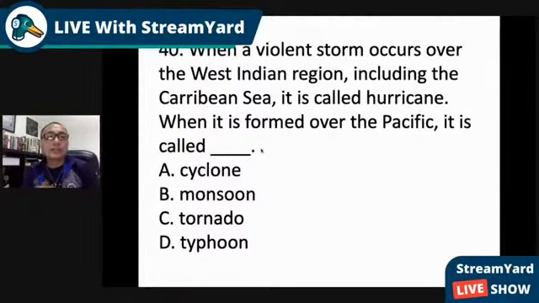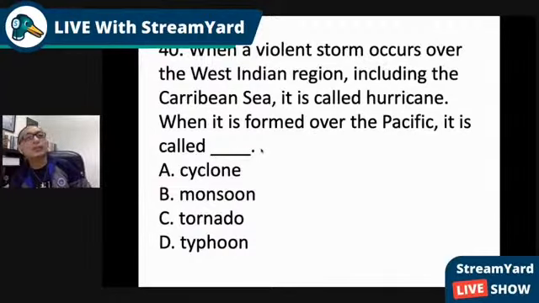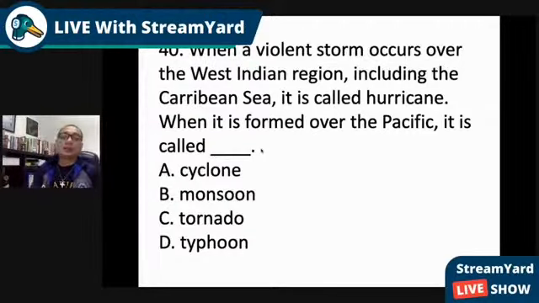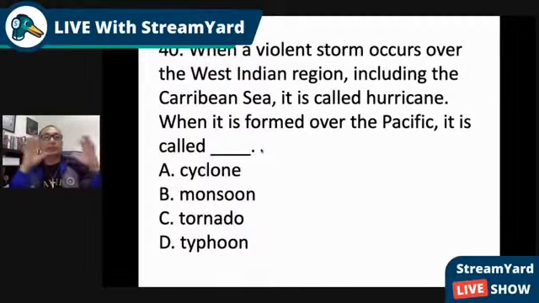When a violent storm occurs over the West Indian region, including the Caribbean Sea, it's called a hurricane. But when it's formed in the Pacific, what do you call that violent storm? This is interesting because although a violent storm is violent, it's the Earth's way to stabilize itself, because of the difference in temperature from one far region to another. So your answer in number 40,